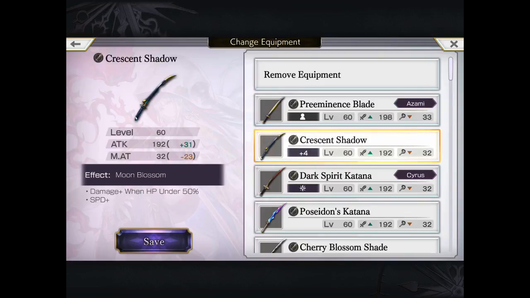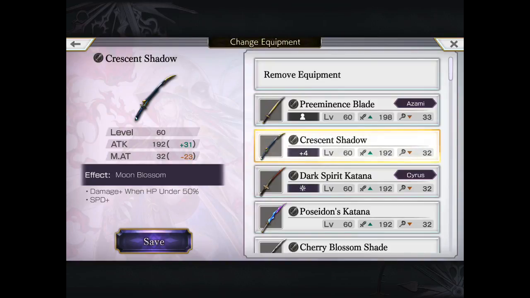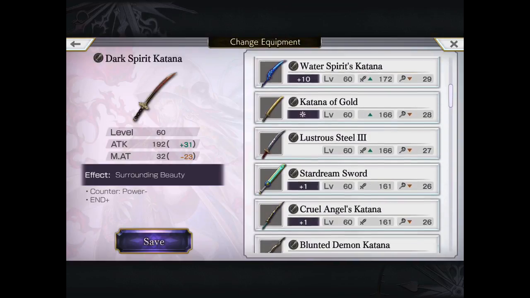So, like I said, note here again, another example. Tsukiya is using the Adamantium Blade, which increases type attack, which is her fire attack, by 25% for all katana users. Now, in the case of Crescent Shadow, note that the attack base power is increased by 30, but if